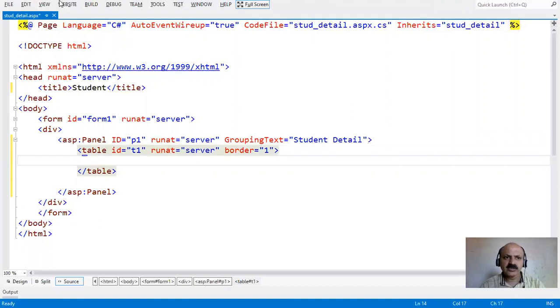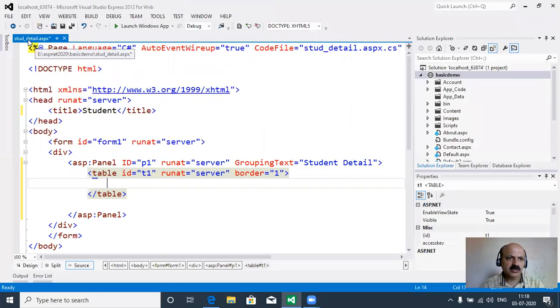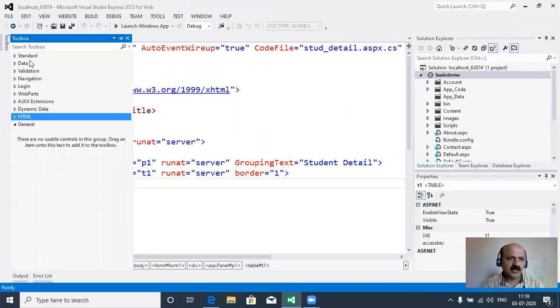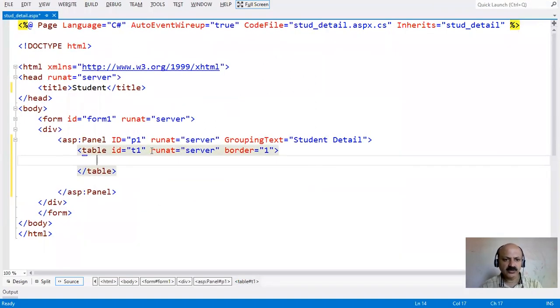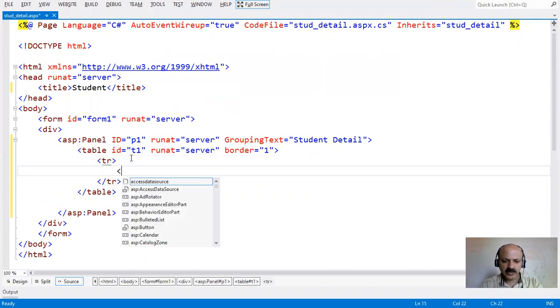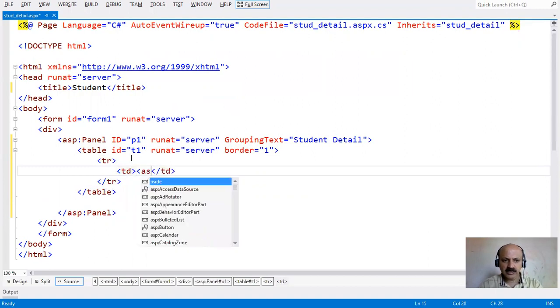See in the toolbox: standard, data, validation, navigation, login, web part, AJAX extension, and dynamic data are server-side controls in ASP.NET. Only HTML controls work on the client side, but if you provide runat server, HTML controls also work on the server side. So here give runat server in the HTML table tag. You have to know the child tags of table: tr, meaning table row, and td, the table data.